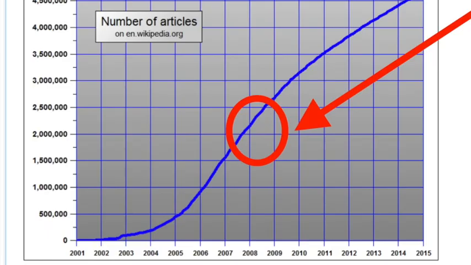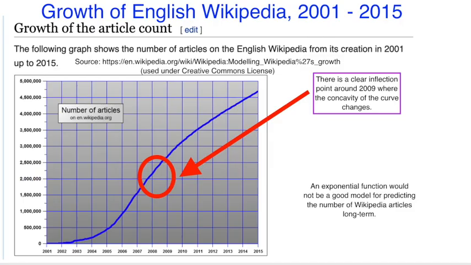Around 2009, there was an inflection point where the growth rate began to slow and the concavity of the graph changed. This data does not exhibit exponential growth. There were limiting resources, such as the amount of knowledge remaining to be added and the time and resources that Wikipedia contributors were able to focus on Wikipedia. Also, structural changes to Wikipedia such as increased editing and oversight around new articles made it so